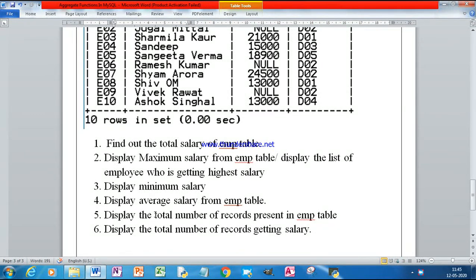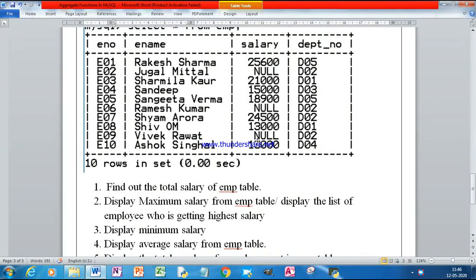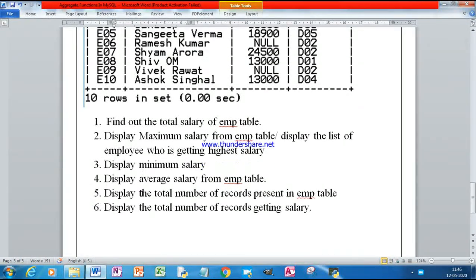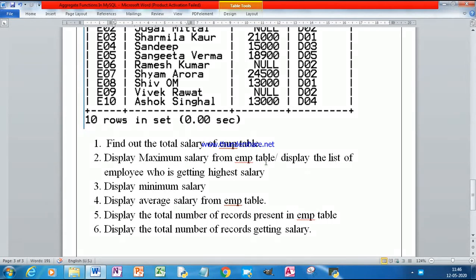Fifth, display the total number of records present in the table. And the sixth one is display the total number of records getting salary. There are some null values also. We have to solve all these questions through the MySQL environment. So let's begin.